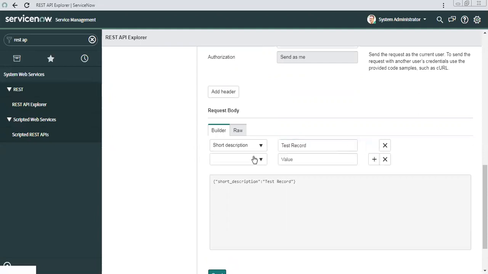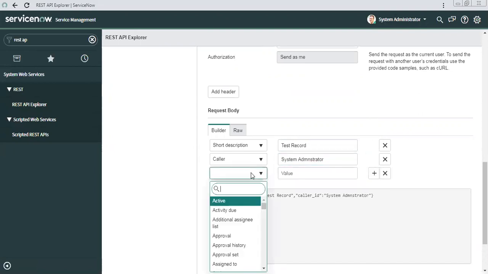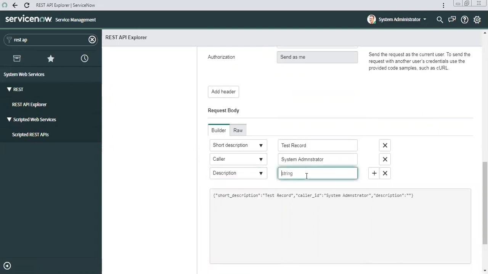I will put caller as, let's say, system administrator. I will put description as test record description.